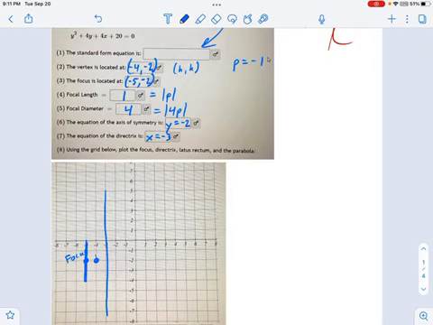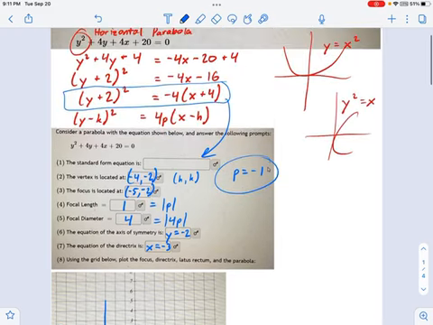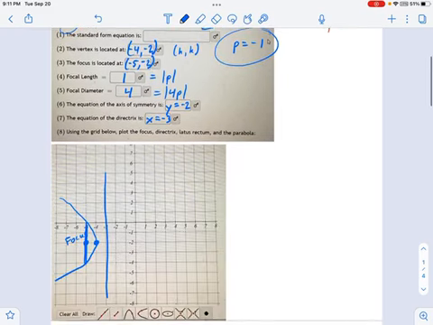So let's just draw this thing like so. Okay, it's going to hit the end points of the latus rectum like that, and there we go. That's our expertly drawn horizontal parabola. It's opening to the left, again, because p is negative. It's horizontal, again, because y squared, and that's that.